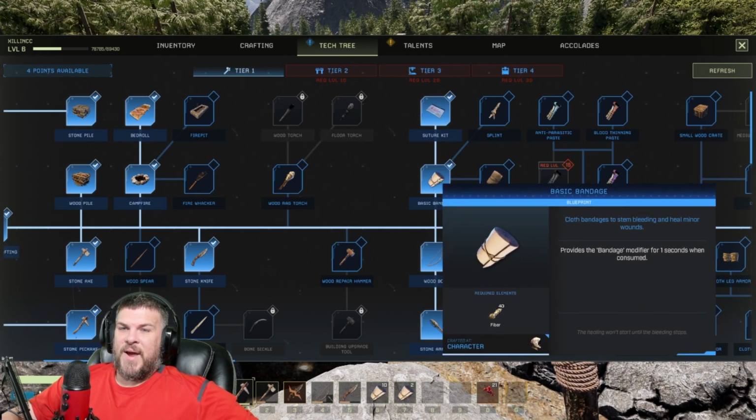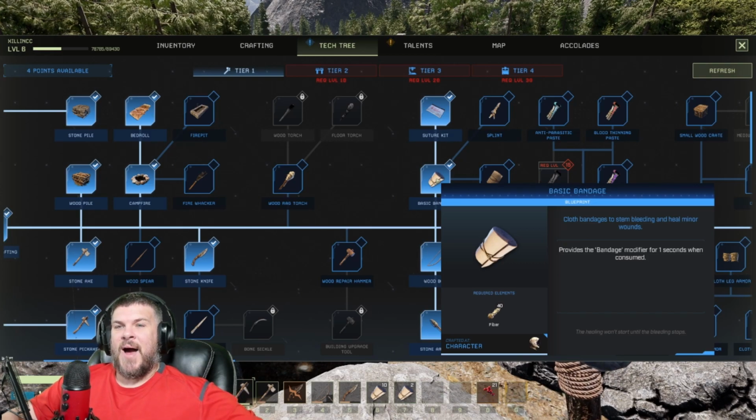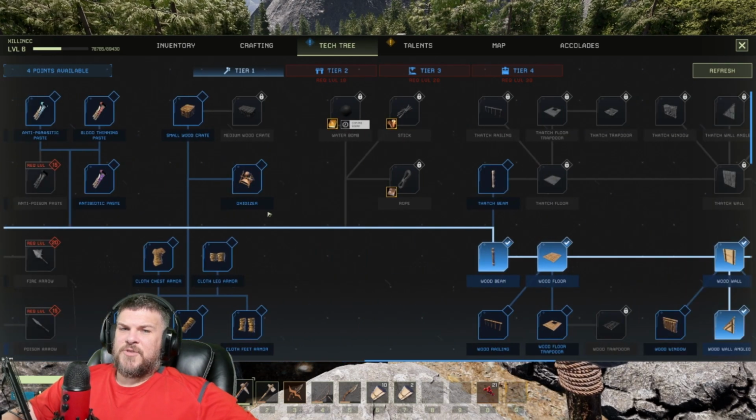So even though bandages don't heal you, you do want to take the engram anyway. Just keep in mind that making a whole bunch of them and trying to use them in combat is not going to help you. While we're in the tech tree, guys,